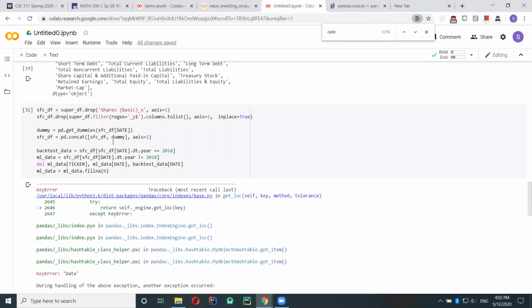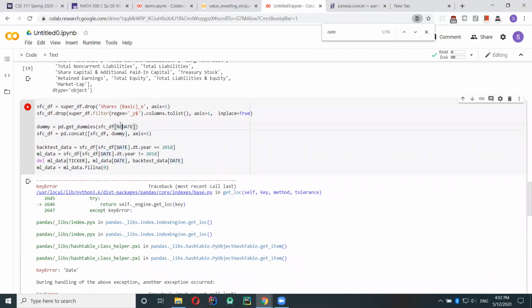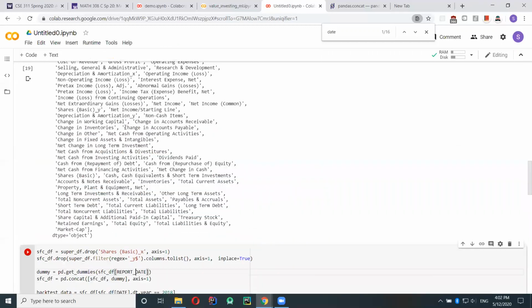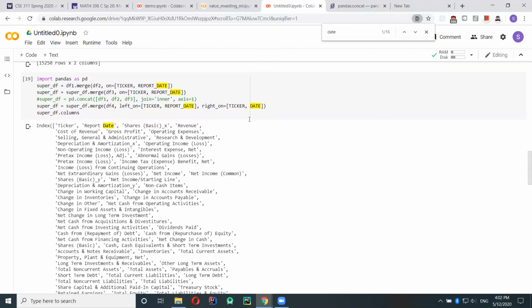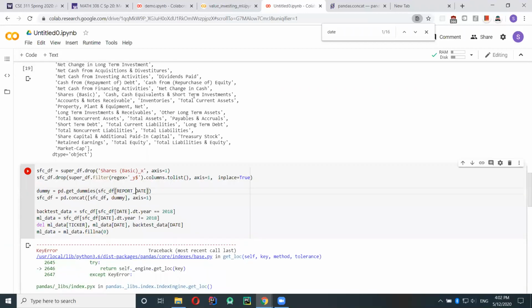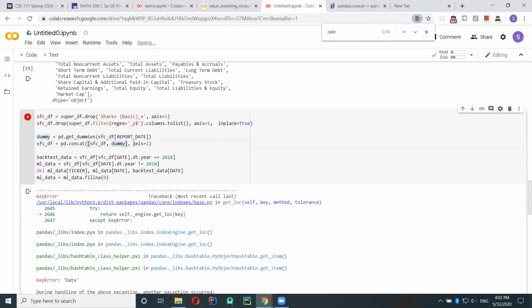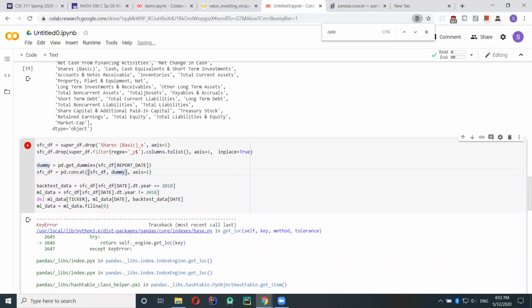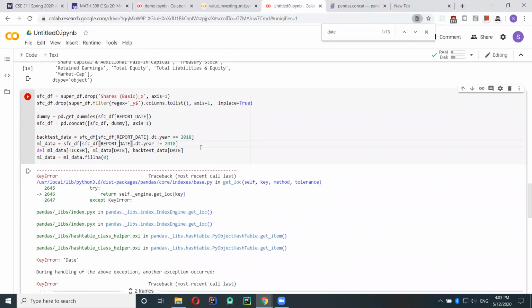Okay, I just figured out the reason for this bug. We are using the report date. The problem is that when we merged, it deleted the date column because they're basically the same. That's so weird, when I merged it earlier, it kept the date column. So the problem was that I was accessing date even though the date disappeared through the merge. We need to change it to report date, because that didn't get deleted. In the merge, only one of the columns was kept, and it was the report date.